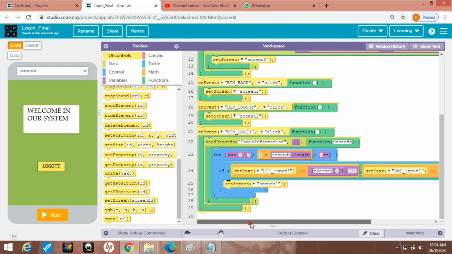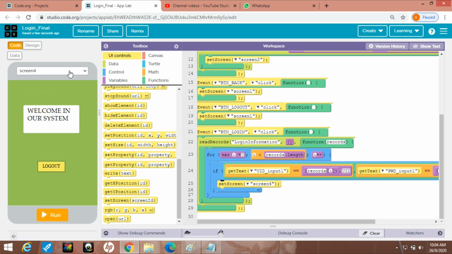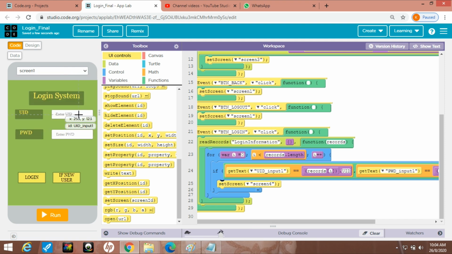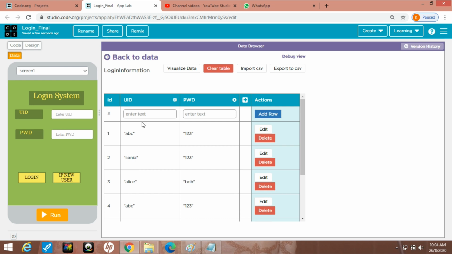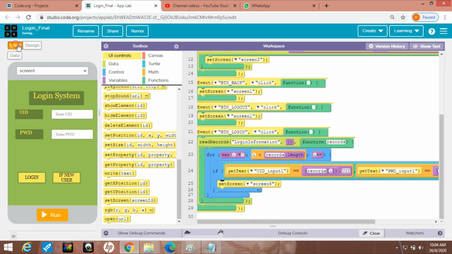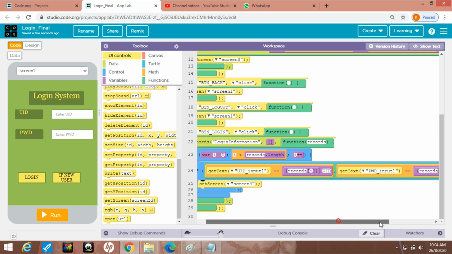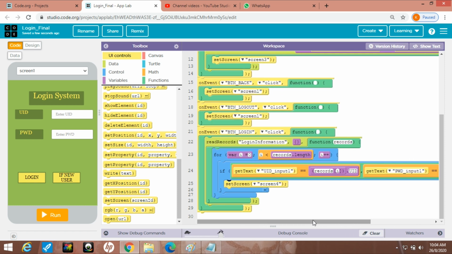Then get text: we are getting the text of this user ID input and matching it with record i.uid, this table's UID. In the same way we are matching the password. When they match, then we will be able to access this app, and we are going to screen number 4, simply choosing screen number 4 here.